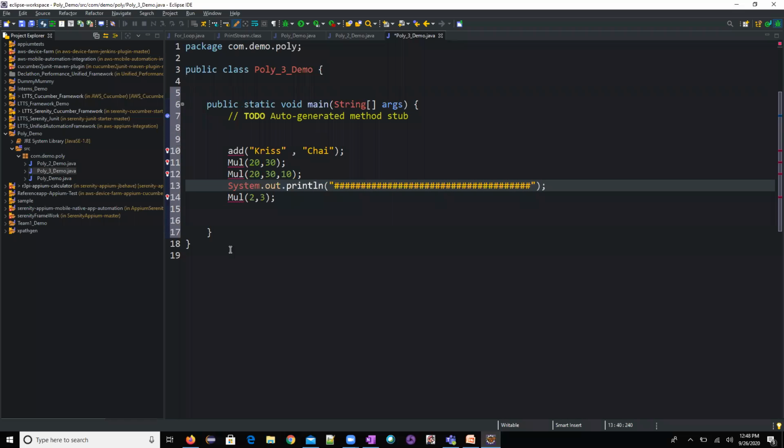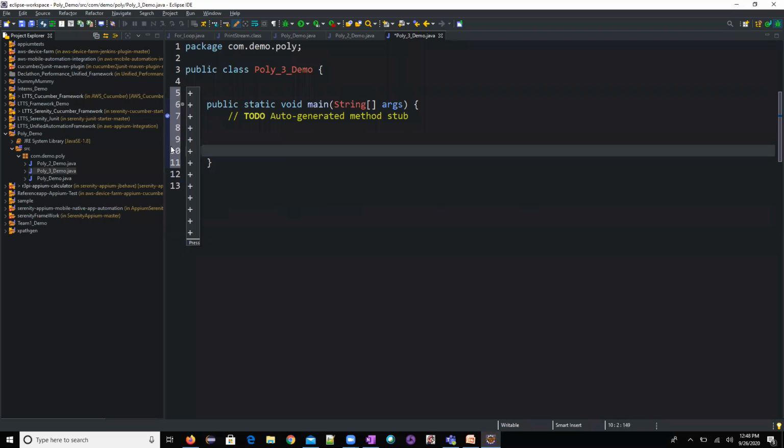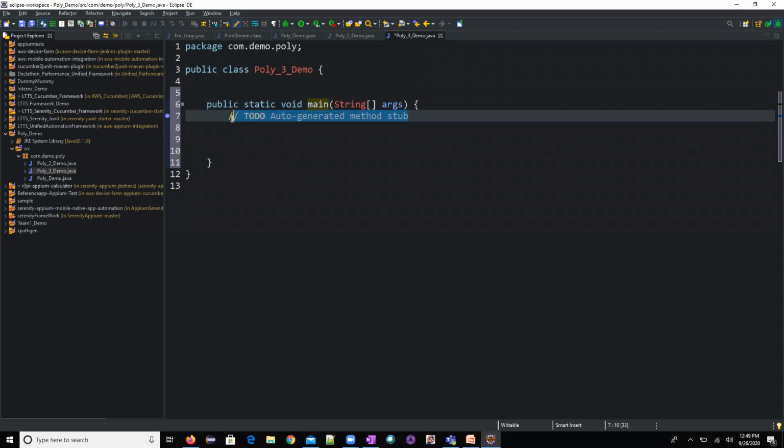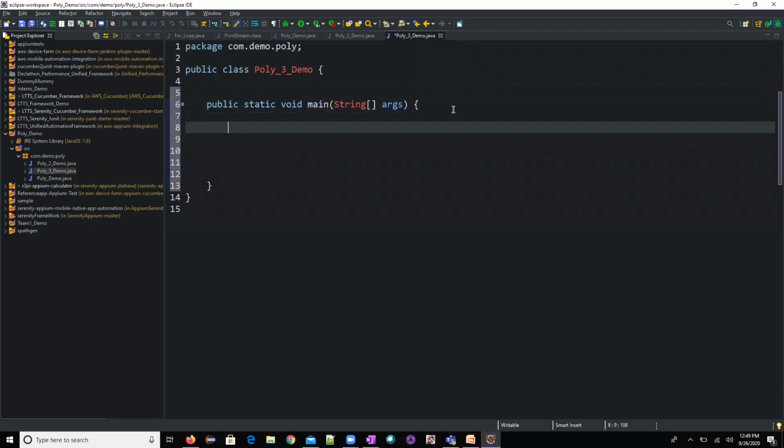Guys, there is a definition for this one also. Now, I'll talk about this one later, but I'm just saying: why should the main method be static, why should the main method have void, why should it have these parameters? There is a reason for everything. That is also one of the important interview questions. I'll let you know in a later part. I don't want to deviate now.